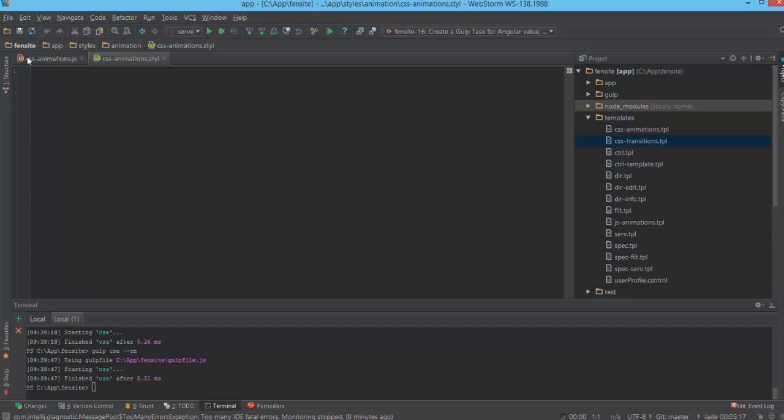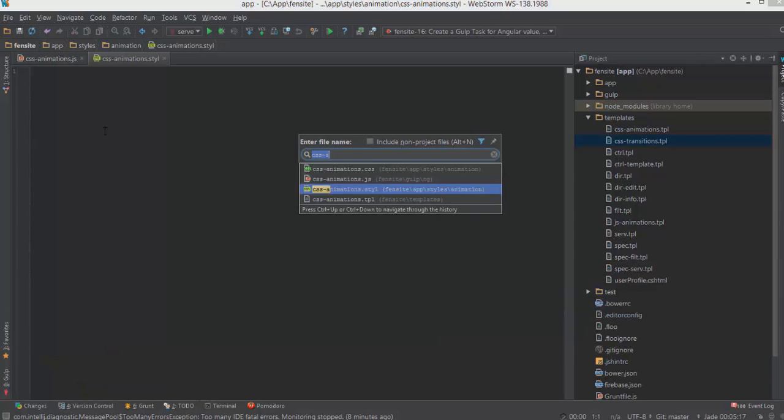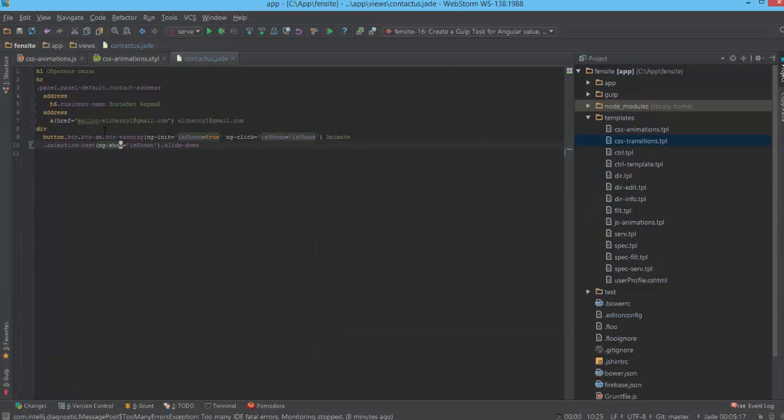So you see that it clears this animation, but if we switch to our JS file and change this slide down to SVV,